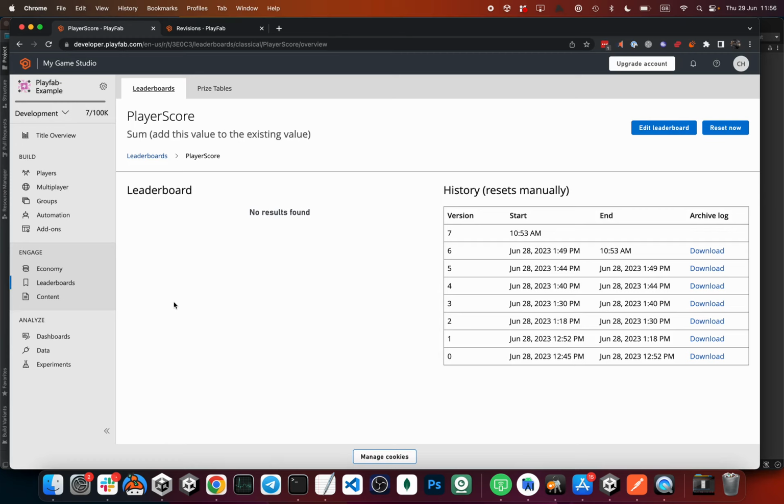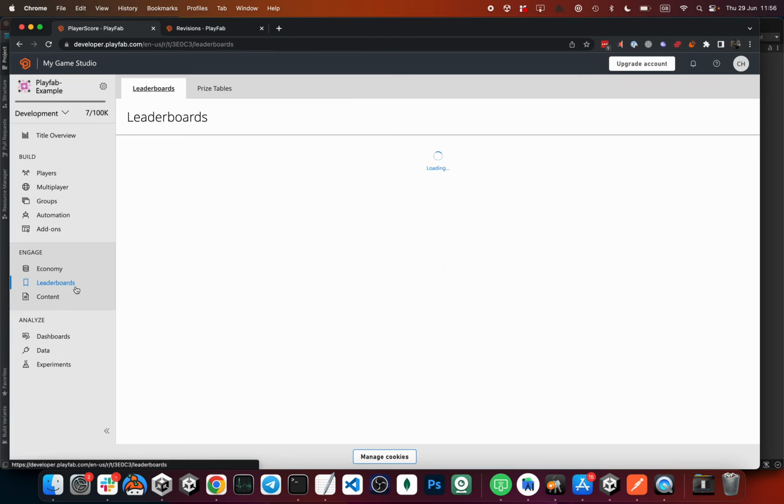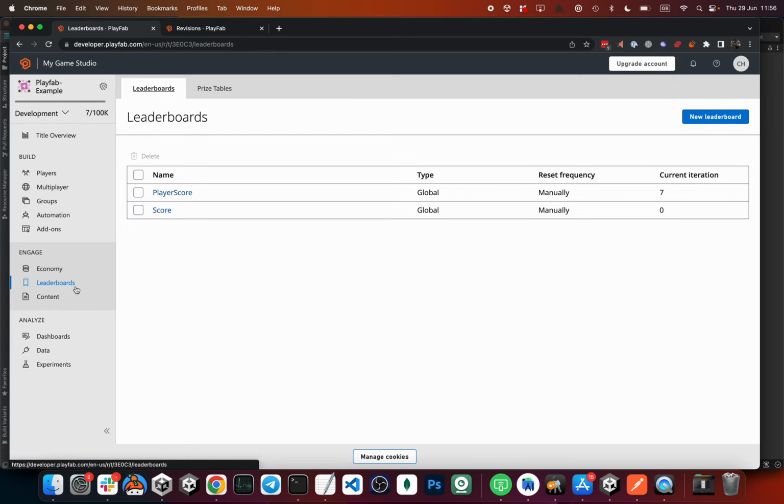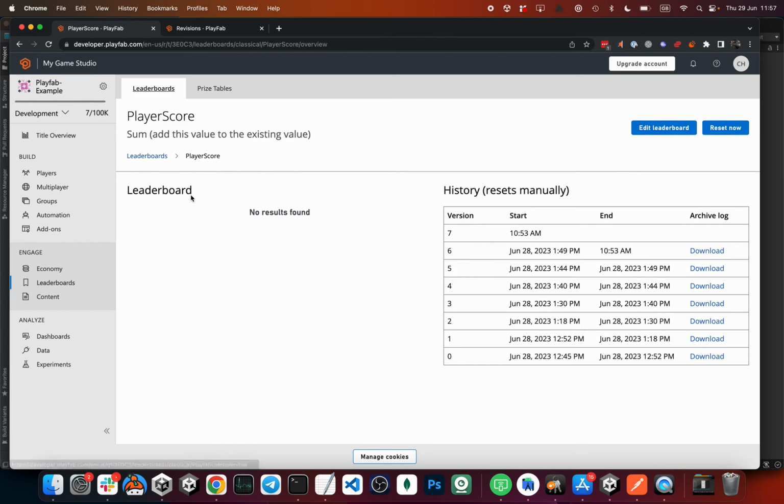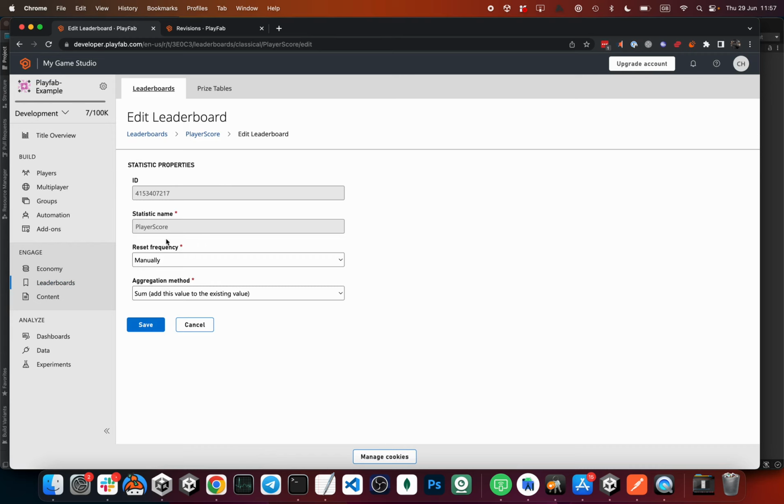leaderboard concept. PlayFab already has a leaderboard system made. The first thing I did is make a leaderboard called Player Score. Very, very simple. I set the reset frequency to manually, and we'll get into that in a bit. But this basically means,